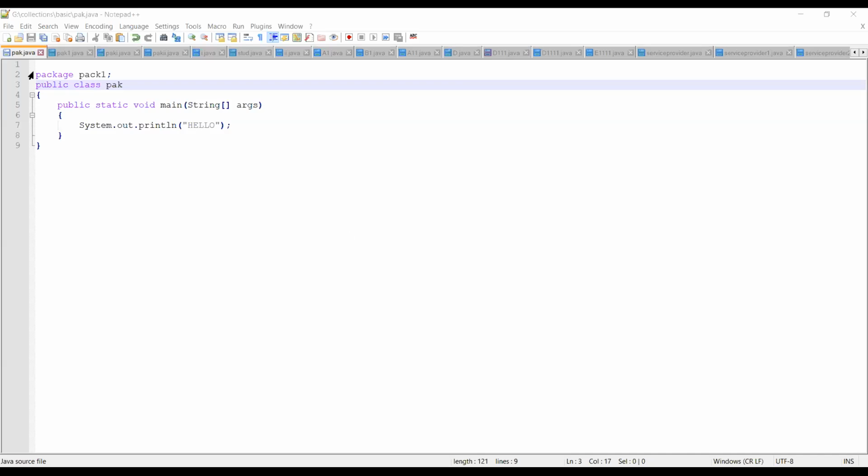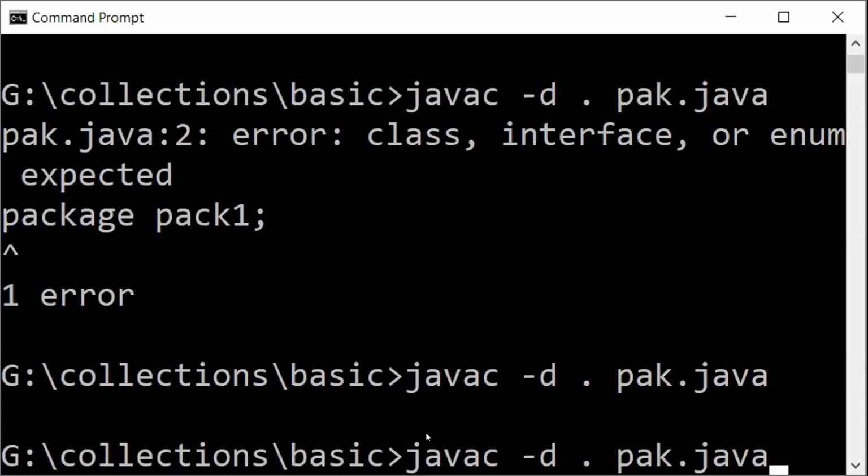So now another example I want to show you. What is that other example? Say for example, I'm going to add some import statements. Okay, simplest one, I'm going to import java.lang.*, ending with a semicolon. Save this particular program. Now I'll go back here and try to execute the same program.